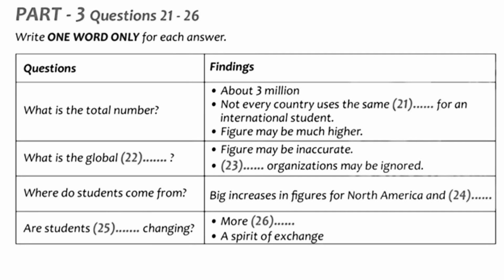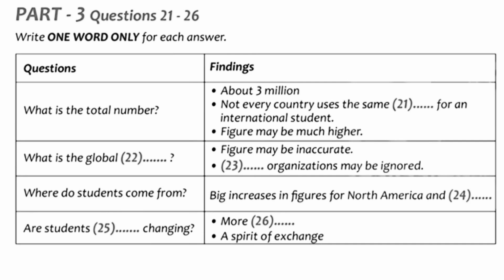Yeah, but the problem is that the definition of the term international student varies across countries. Yeah, and because of that, the figure could be much higher. I see. Our next question was, well, we wanted to know what the breakdown of numbers is around the world, you know, how many students go where. But we're not sure how accurate those figures are either. Yeah, even though it's the fastest growing sector of higher education, some ministries don't include the students at private institutions in their count. It's quite frustrating.